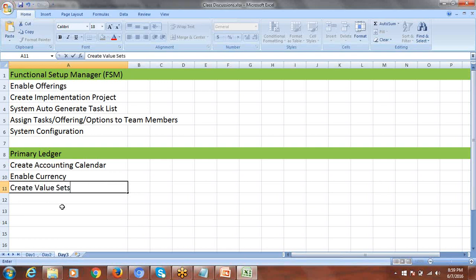In EBS, while you are creating the structure, after creating the segments, you can create the value sets. But in Fusion, it's mandatory. First, you have to create the value sets. Without a value set, you cannot complete the segments creation. That is the reason. First, you have to create the value sets. After creating the value sets, create